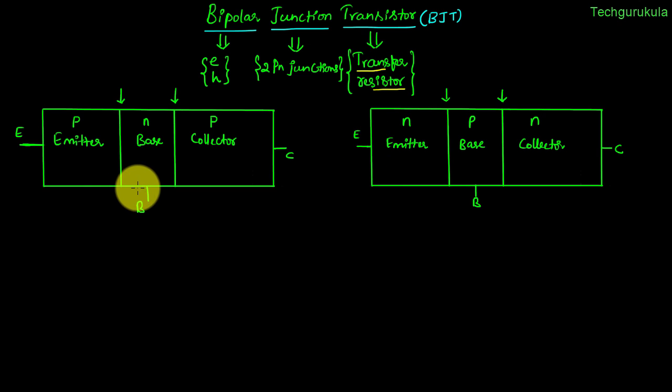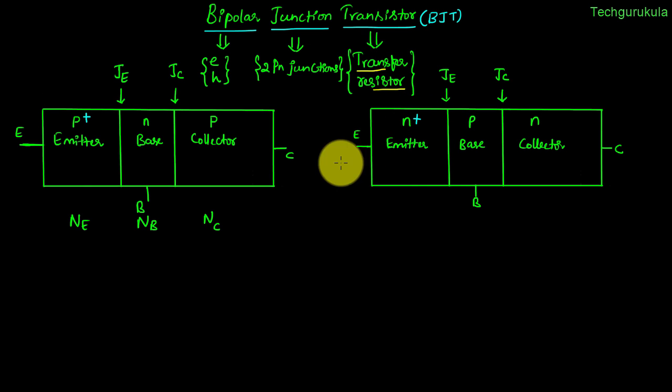And similarly here, as we have two PN junctions, one between emitter and base and the other one collector and base, so we call this junction as JE, representing emitter junction, and this one as collector junction. And of course base is common for both, so we are not explicitly specifying it here. Similarly here as well. If you take doping on emitter is N suffix E and doping on base is N suffix B, and similarly doping on collector is N suffix C, usually emitter is heavily doped compared to base or collector. So in general we represent this as P plus, and similarly emitter doping on this also would be high,